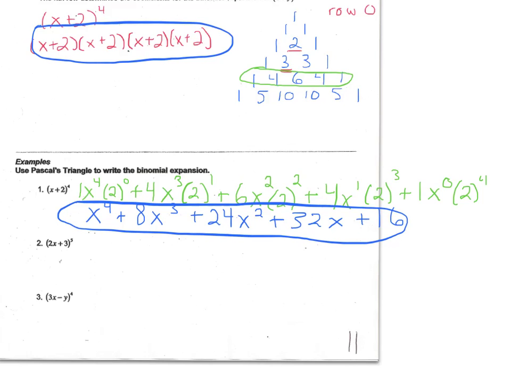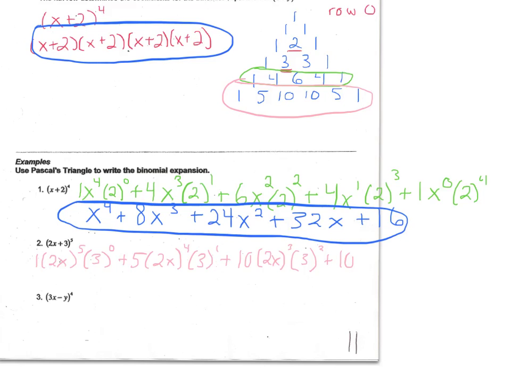For the next problem, we're going to be using row 5, since this is being raised to the 5th power. So that's the row of Pascal's triangle that's going to tell me all my coefficients. So I'm going to start with a 1, and then take my 2x, put them in parentheses because I want to raise the whole thing to the 5th power. And then I have 3 to the 0 plus 5 times 2x raised to the 4th times 3 to the 1st, and then plus 10 times 2x to the 3rd times 3 squared